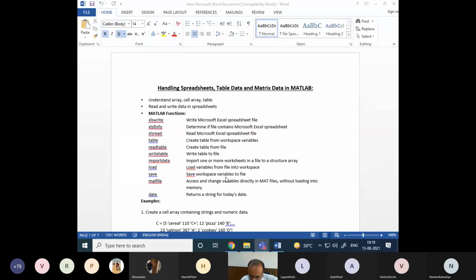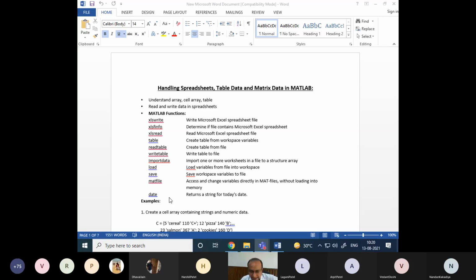It is not an Excel file. It is supported by MATLAB only. So if you want to open the file in MATLAB only, we can save some variables into that kind of .mat file. We will see how to save workspace variables into a .mat file, and if we have a .mat file available, we can load variables from that file into the workspace. You can also use a text file, but we use the .mat file.